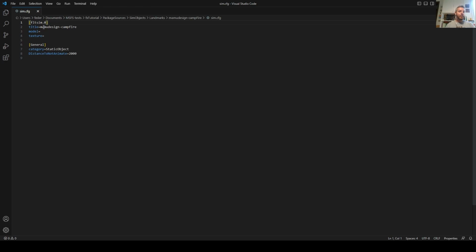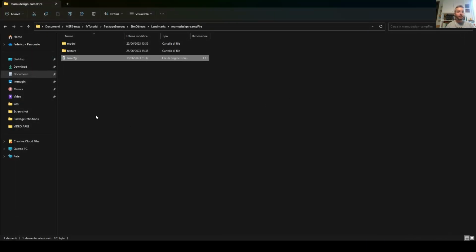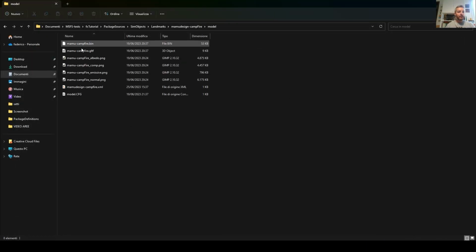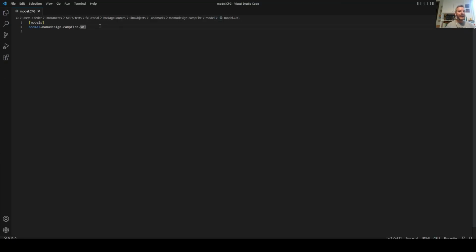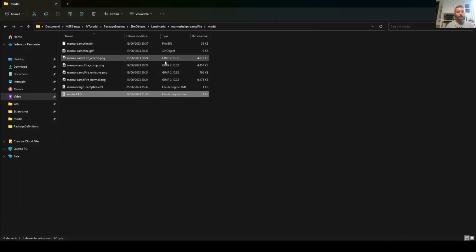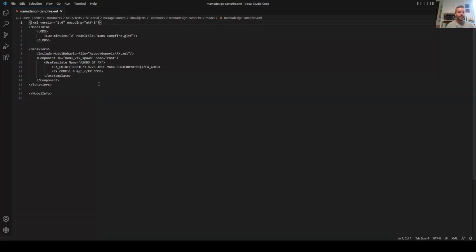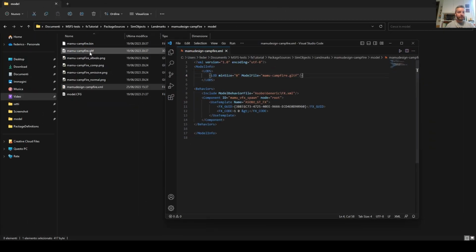That's where there is the title, the name of my sim object. In this case, it is Mammoth Design Campfire. And inside the model folder, I have a model.cfg file where the name of the XML is defined, mammothdesign-campfire.xml, and in the mammothdesign-campfire.xml, I'm referencing the name of my GLTF model, which is